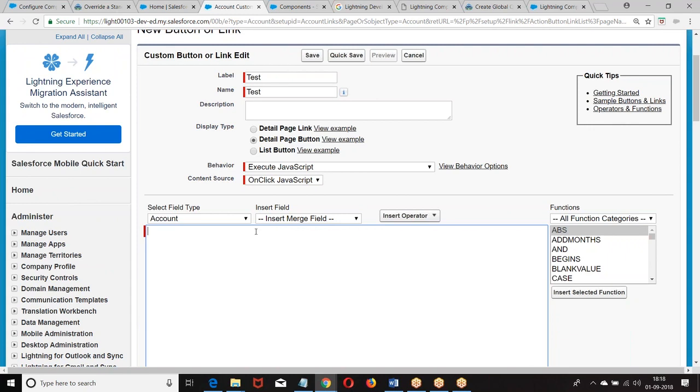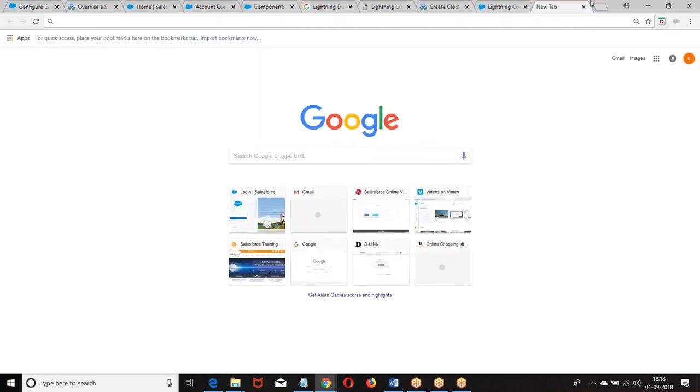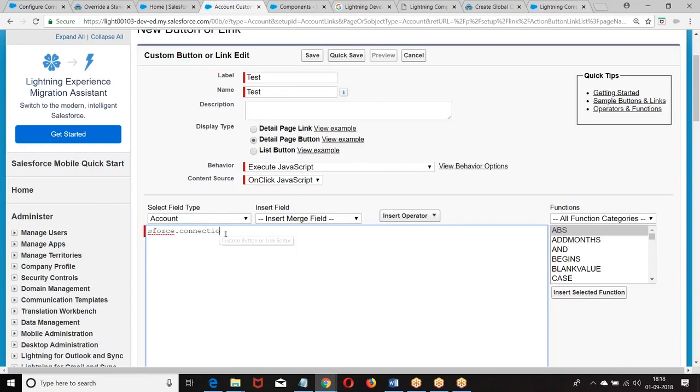We remember that concept: sforce.connection.query, sforce.connection.update. That functionality I'll be defining here. So when I click on this button, I want to say sforce.connection. But before that, we need to give something. Okay, let me not wait.